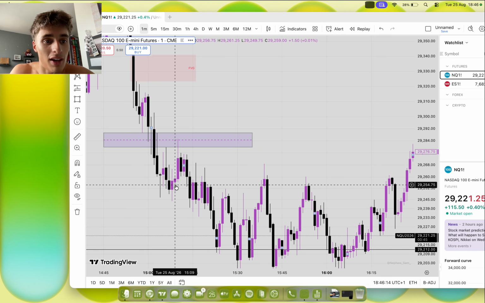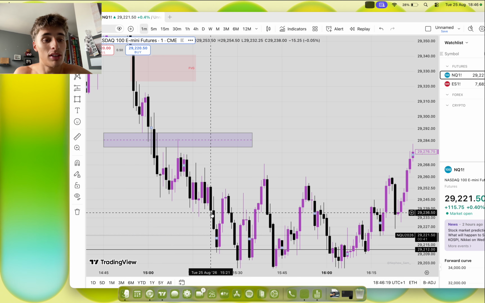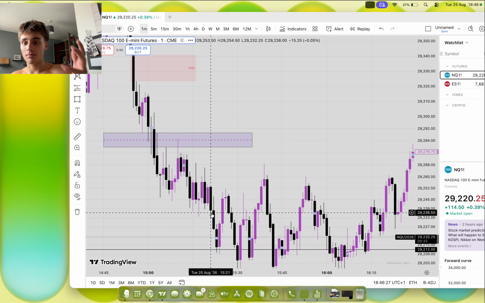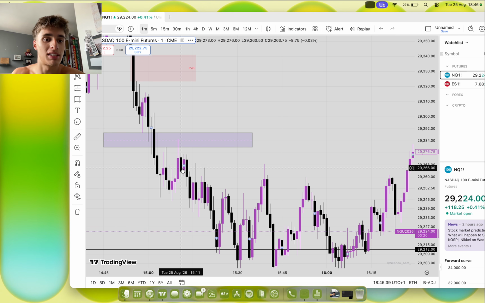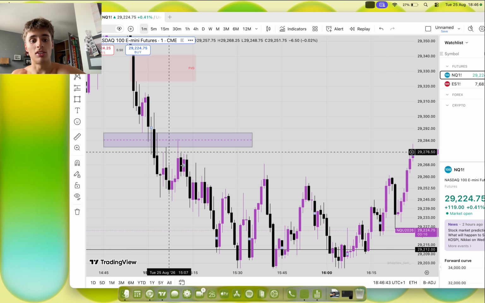It would have been a good trade if I entered, but only because I won. If I didn't win the trade, it would have been a bad trade, and I would have been annoyed at myself. So I'm glad I didn't enter. I'm quite happy I stopped myself from entering, I guess. I FOMO enter quite a lot, so this is definitely a good step forward to improving that, because I could have easily just entered here since I didn't want to miss out on the trade. And I didn't. So I'm quite proud of myself.